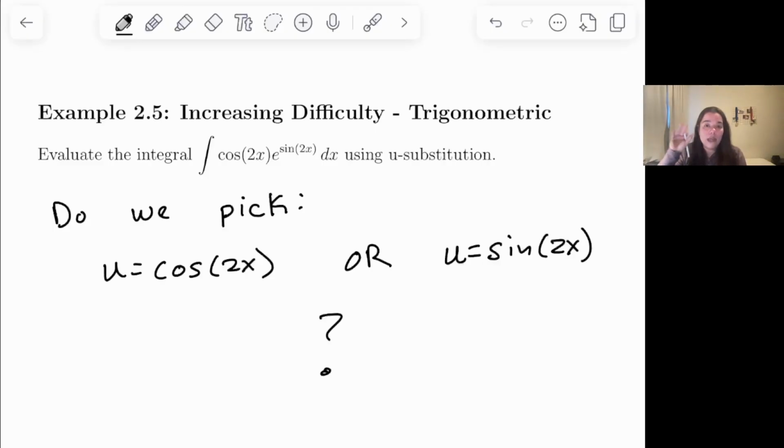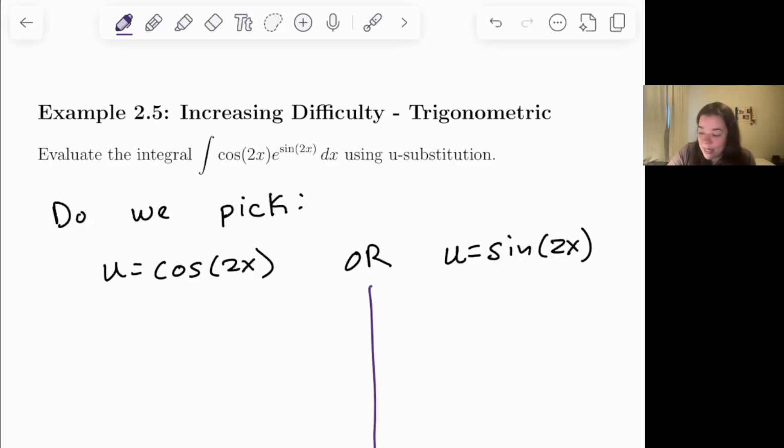So one of the guiding principles on how to pick is you can never have du bothered. That's the way I think about it. Du cannot end up in a denominator. Du cannot end up in a square root. Du cannot end up in an exponent. Du has to end up unencumbered. So what that means,